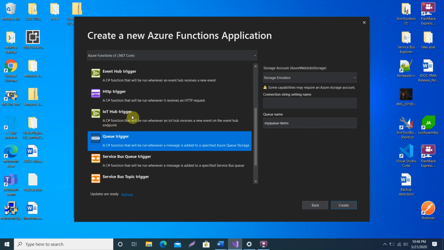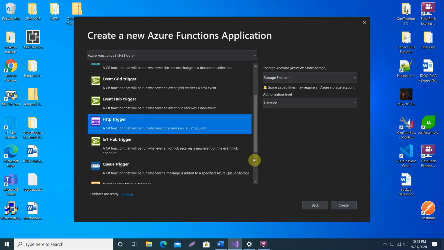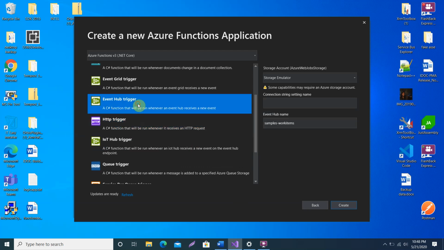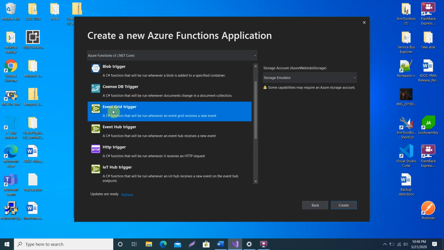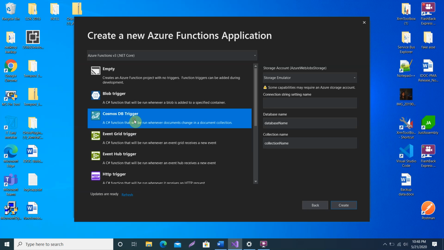Similarly we have IoT hub trigger, and HTTP trigger also. If you make any HTTP request to your Azure Function, then it will get triggered. And event hub trigger: any event will happen, then your Azure Function will get triggered. And we have this Cosmos DB trigger.